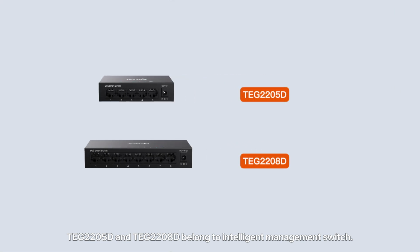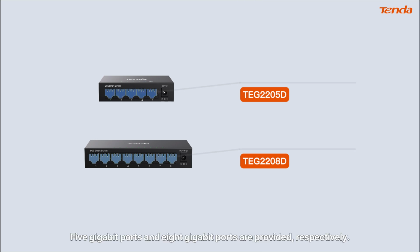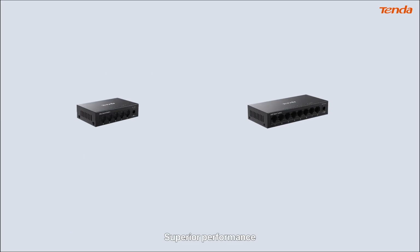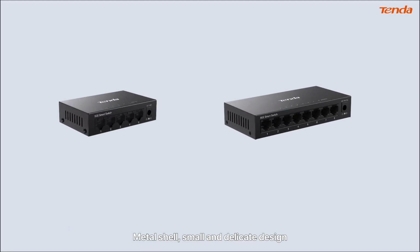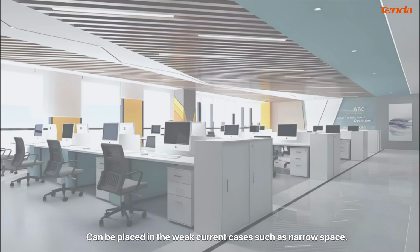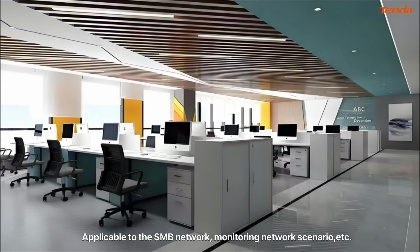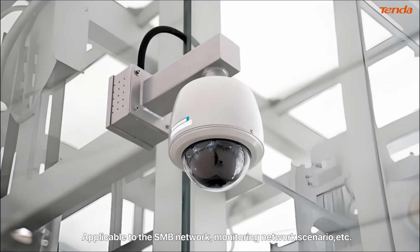TG2205D and TG2208D belong to intelligent management switches. 5 gigabit ports and 8 gigabit ports are provided, respectively. Superior performance, metal shell, small and delicate design. Can be placed in weak current cases such as narrow space, applicable to the SMB network, monitoring network scenario,